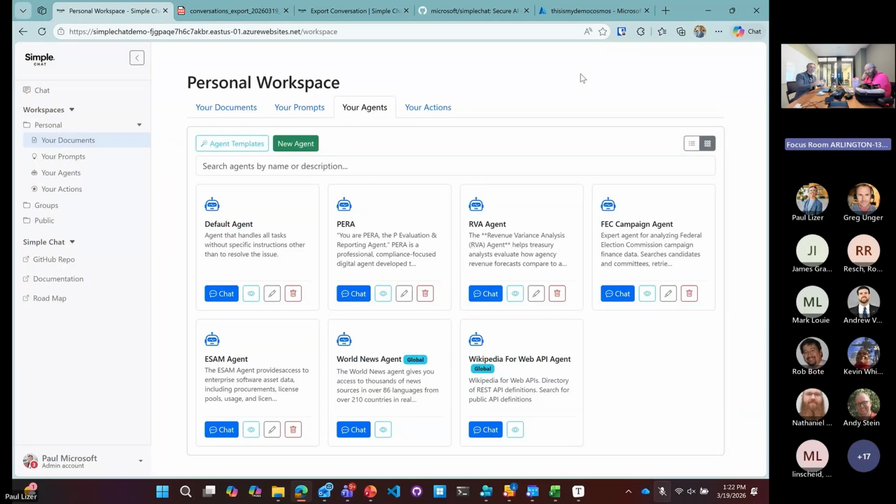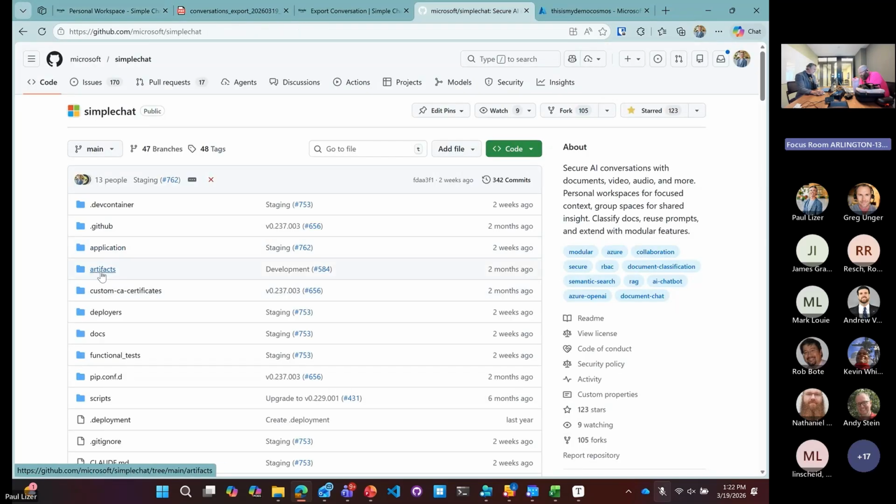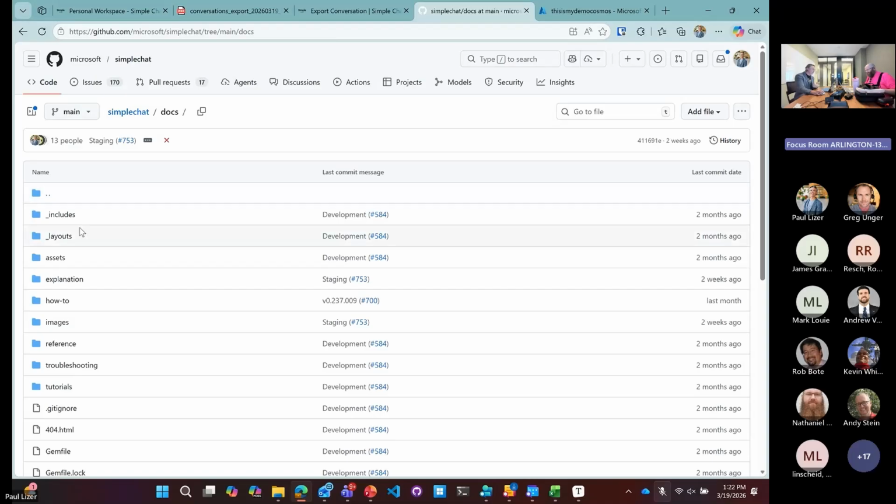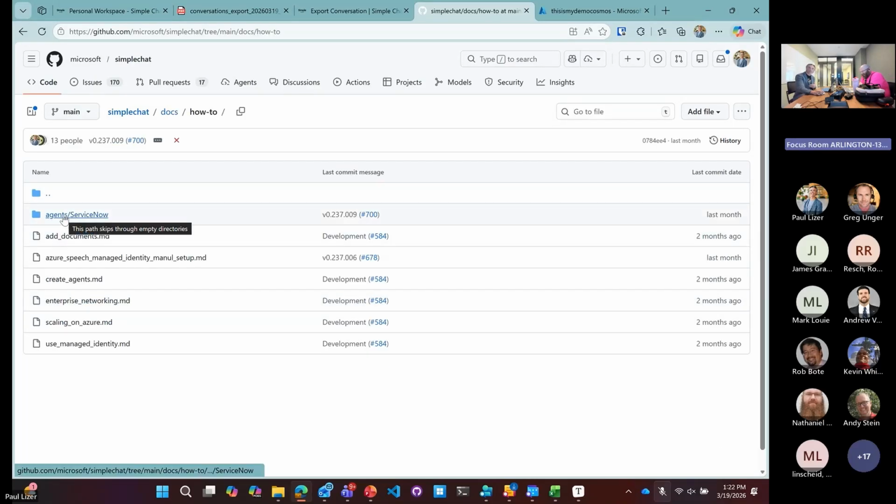We're going to continue to iterate and refine this process of creating actions and agents, simplifying it. We're looking at other ways, like in the repo right now, we have some documentation on a ServiceNow agent. In the how-to, there's a ServiceNow section.